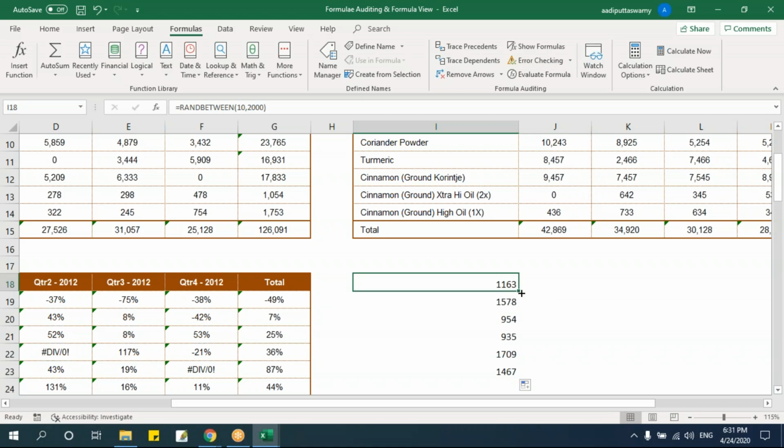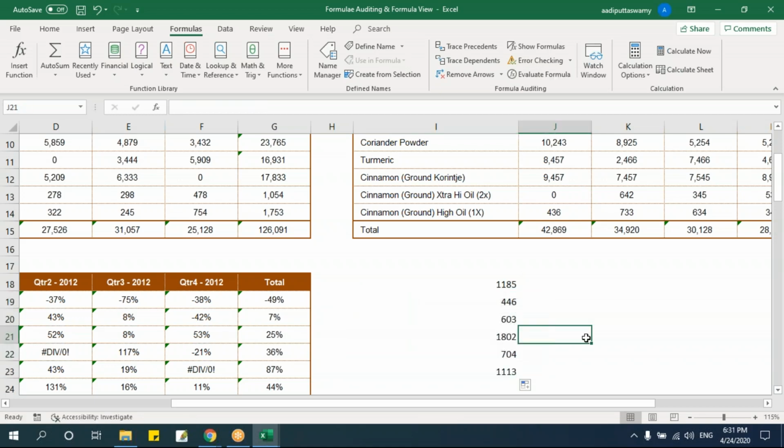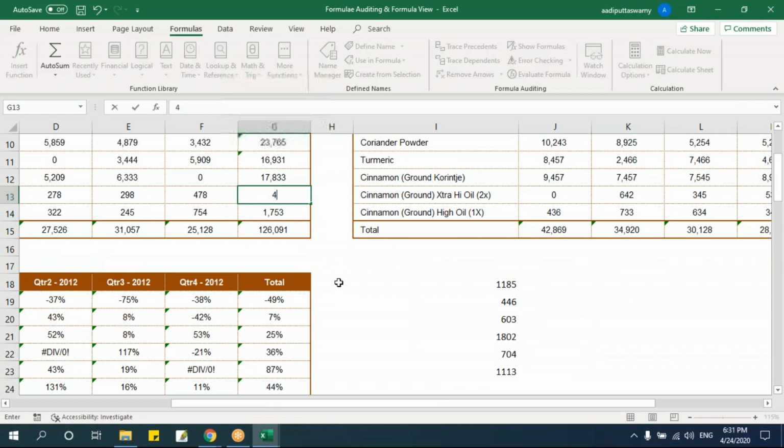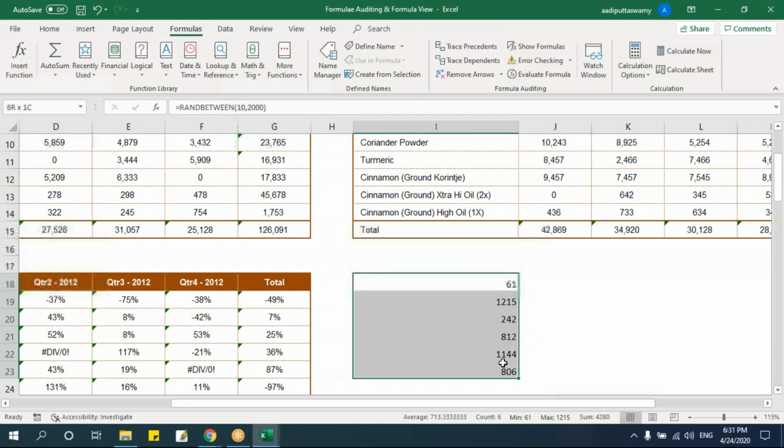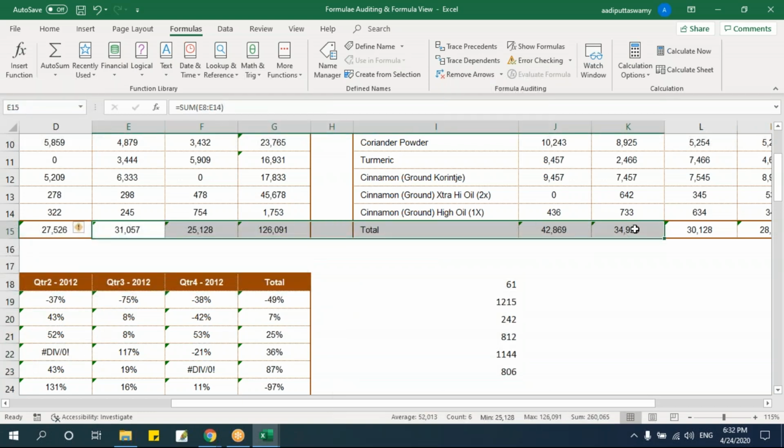See, I dragged it, I'm getting some results here. Now if I update any of the values, let's say I'll update something here, and observe what will happen in this cell. See, it is getting refreshed. Not only the formulas which I've applied for random, these formulas are also getting refreshed. Every cell will get refreshed.